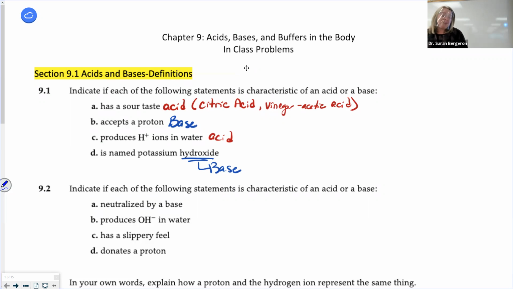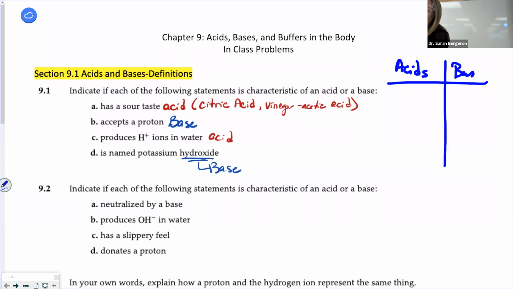So when we think about acids and bases, because acids and bases make buffers, you have to understand acids and bases, then we can talk about buffers. So let's talk about those two things: acids, bases. How can we distinguish an acid from a base? What is by definition a characteristic of an acid? We talked about acids in the last chapter a little bit when we talked about things dissociating. Do you remember that? What dissociated for an acid?